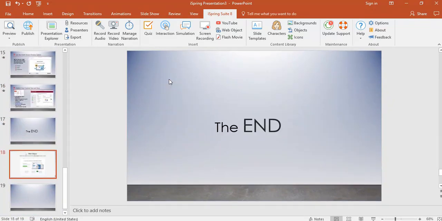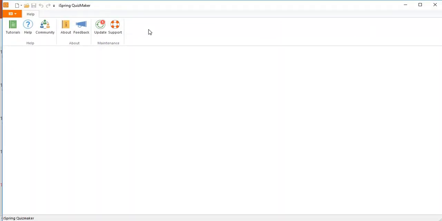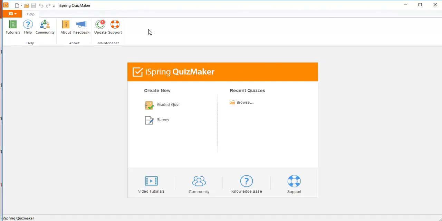So now I'm going to create a quiz on this empty slide. All you have to do is click on this quiz option. Once the quiz maker is opened, you can find two options. One is the graded quiz, another one is the survey. The difference between these two is that a graded quiz is the kind of quiz where you can give scores to your users, and a survey is just a question and answer type. There won't be any scores. So when you want to create a new graded quiz, just click on it